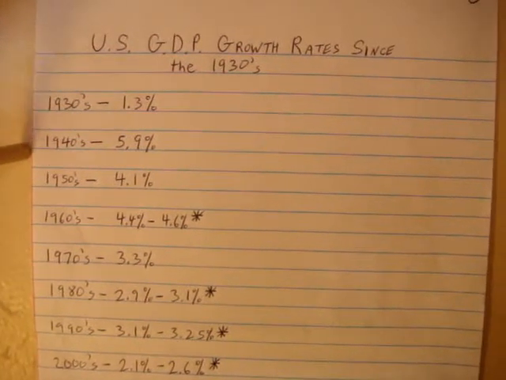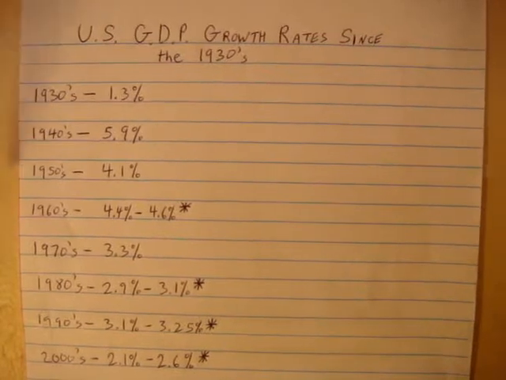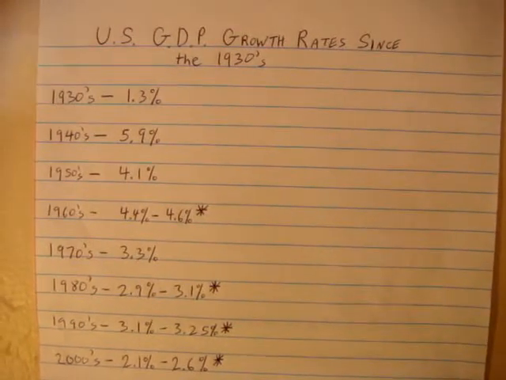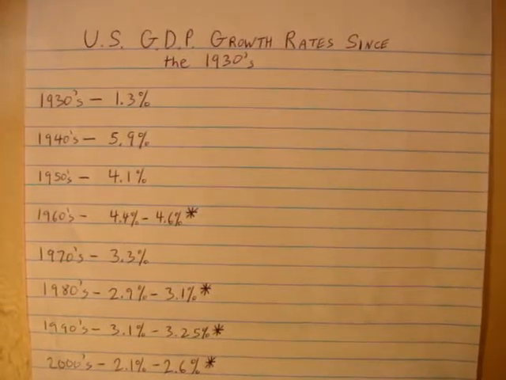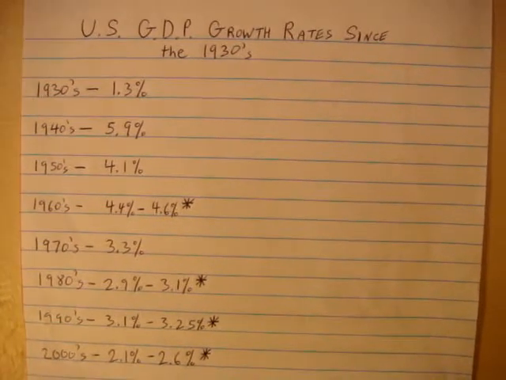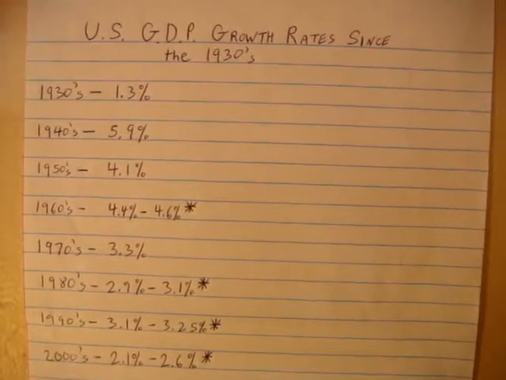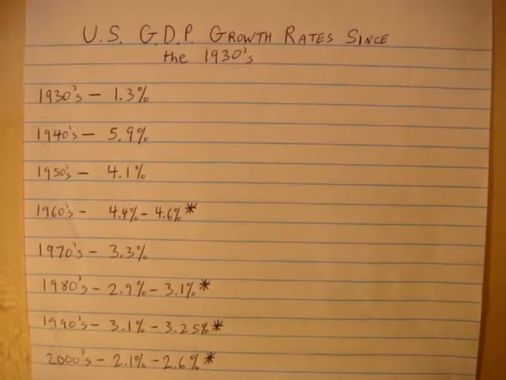The 1940s, the highest in our history, 5.9%. In the 50s, 4.1%. That is nevertheless considered to be extremely healthy. You people have seen these exorbitant double-digit figures before in China. They're sort of irrelevant to what was going on in the United States because the United States didn't develop suddenly.